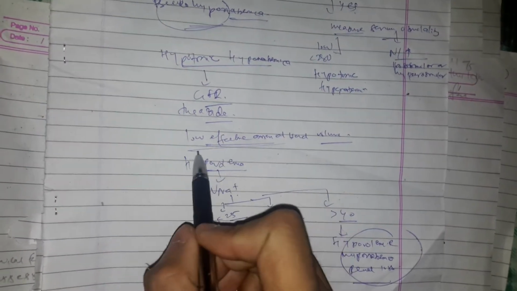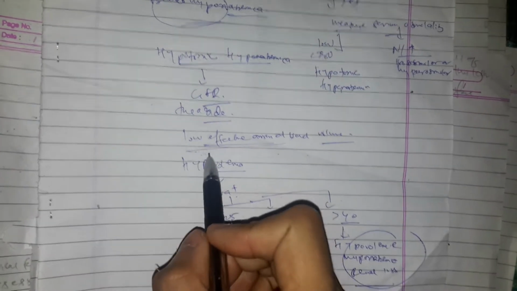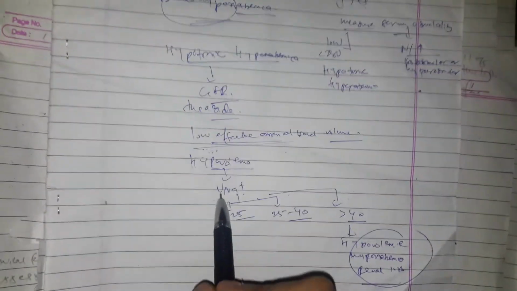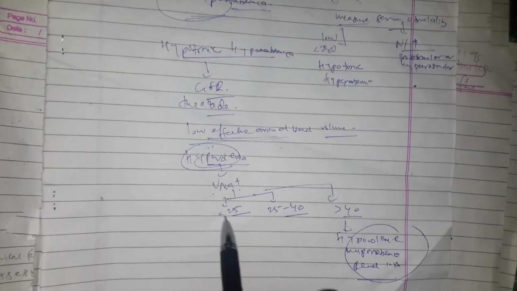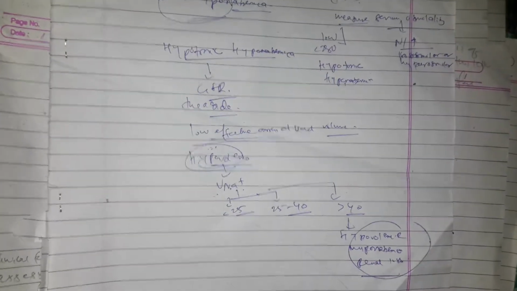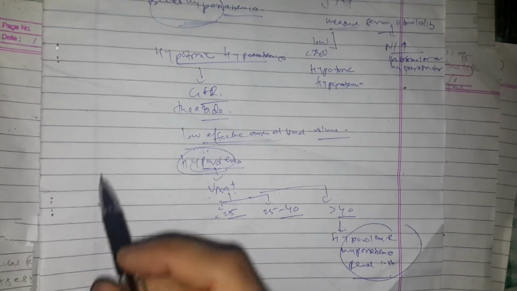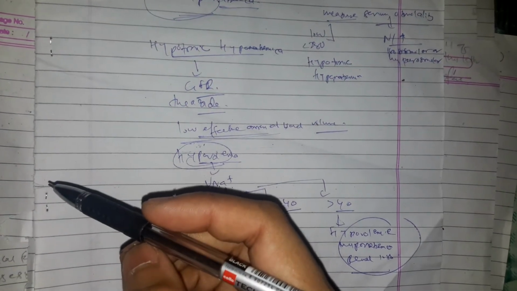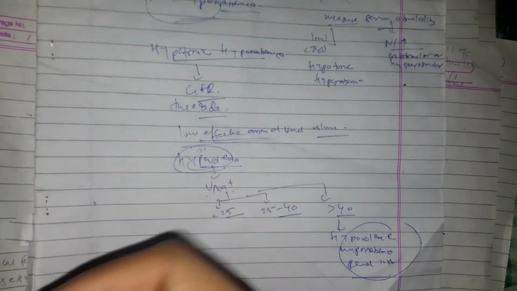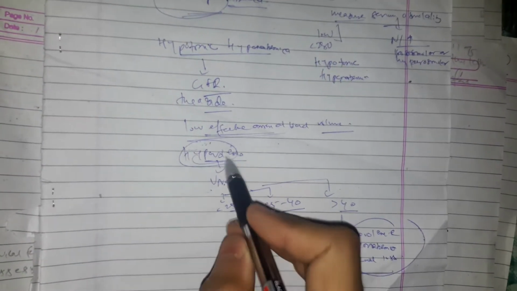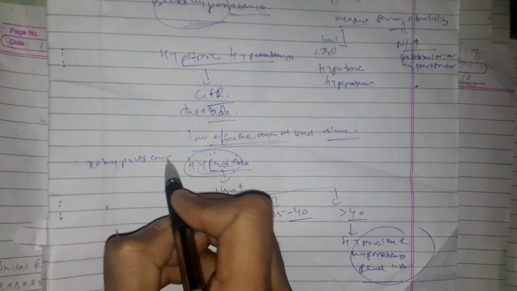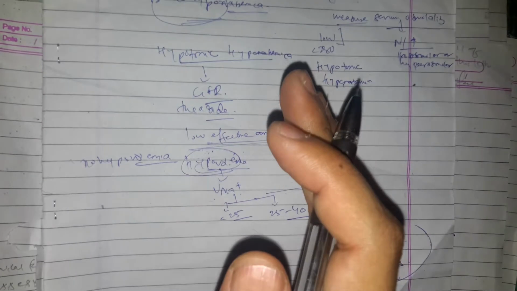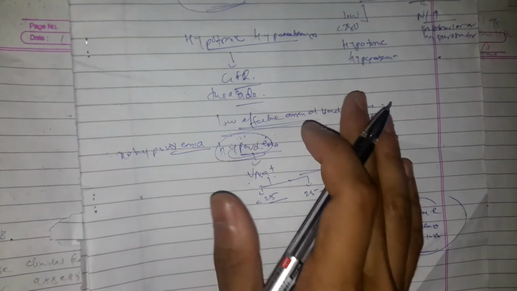I mean to say that if there is a low volume, then you have to measure urine sodium. There was a low volume, hypovolemia, and you measured urine sodium, and we followed that path. Okay, and let's say there is no hypovolemia, or there is normal volemia or hypervolemia, then how would you proceed?